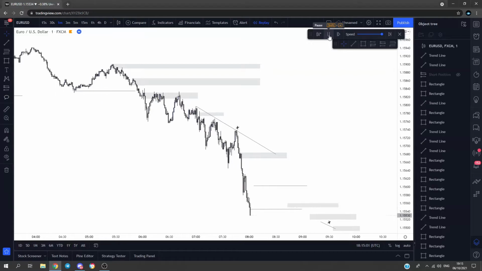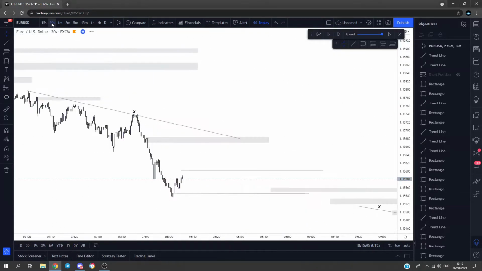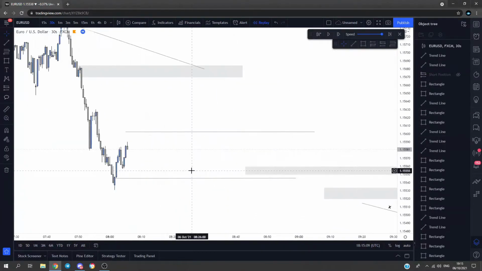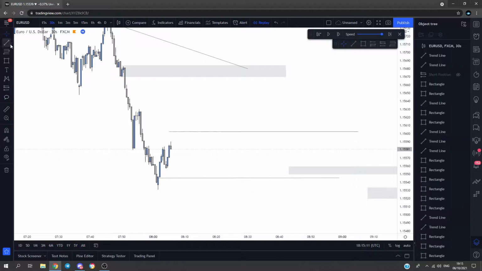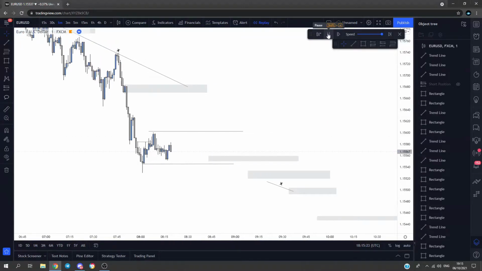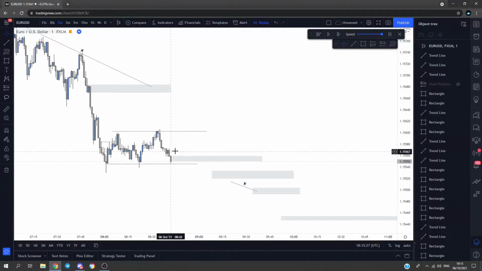Price continues to make bearish order flow. If we go down to 30 seconds, we can see that price made a V-shaped recovery and made some equal highs. Okay, now back up to the 1 minute. You don't need the 30 seconds, it's not something that you need. So price starts ranging. Okay, at this point I took another screenshot,